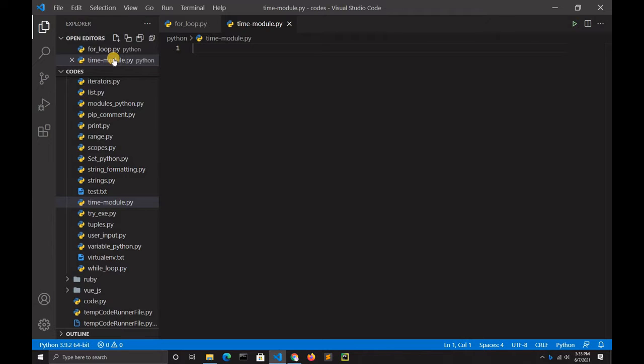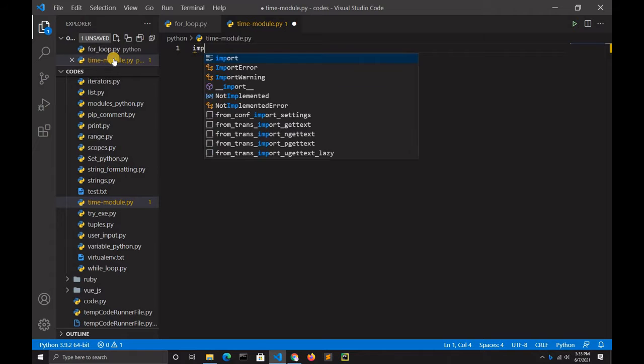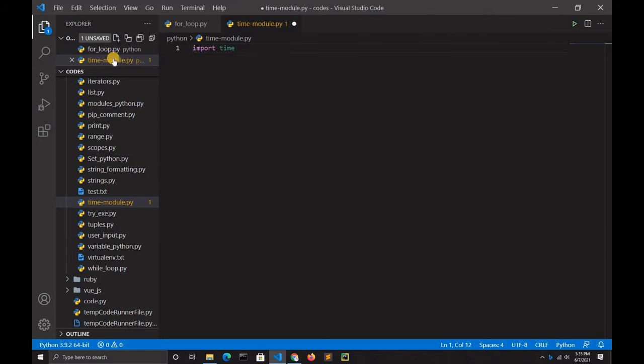And guys, before writing some code, we need some knowledge about the time module. Basically, Python has a module named time to handle time related tasks. To use functions defined in the module, we need to import the module first. So in short, for using the time module we have to import it first. You have to type import time, and then the Python interpreter imports the time module for your task.